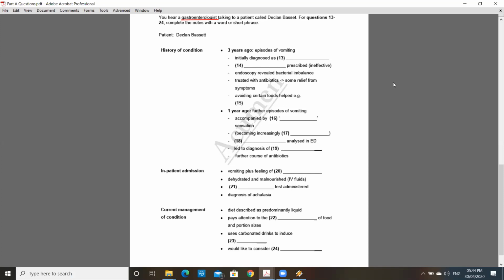So they diagnosed achalasia? That's right. They told me I'd have to manage the condition somehow. I mean, that's okay because it's not all the time. I have these episodes where I can't keep anything down. Then for a while I'm okay as long as I'm careful. I keep to a mostly liquid diet or go for food that's easy to break down. I watch the texture of the solid stuff I eat and keep to small portions. Another thing that's helped is having carbonated drinks at mealtimes because burping helps to get the LES working.